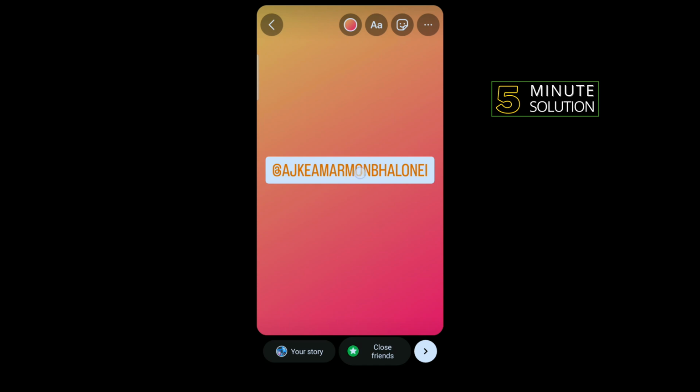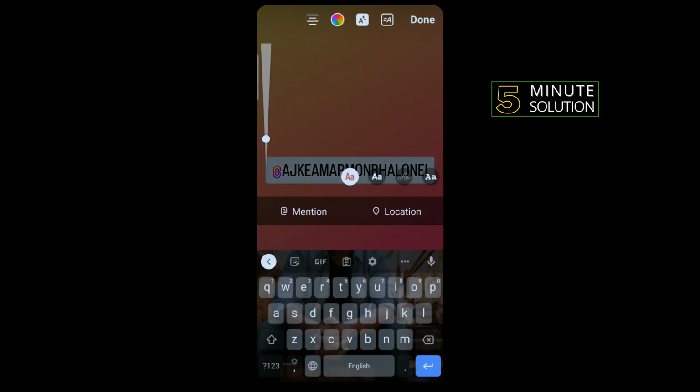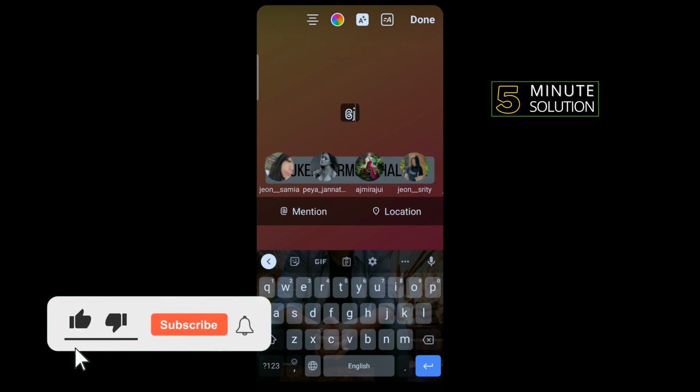have to do is just tap on mention, and as you can see, it's only changing the font color, not font style. So to change the mention font style you need to mention manually. So for that, tap on A and now tap on mention and enter here the name whom you want to mention